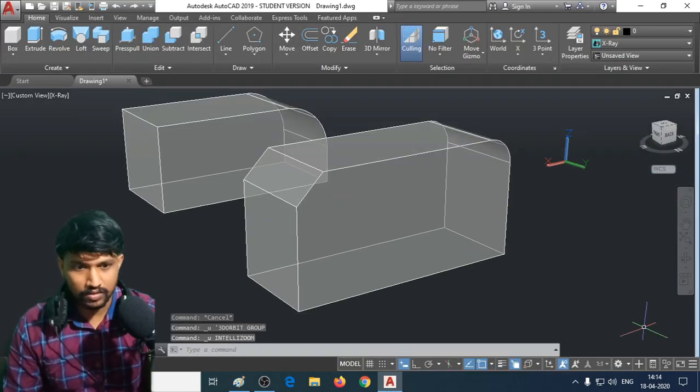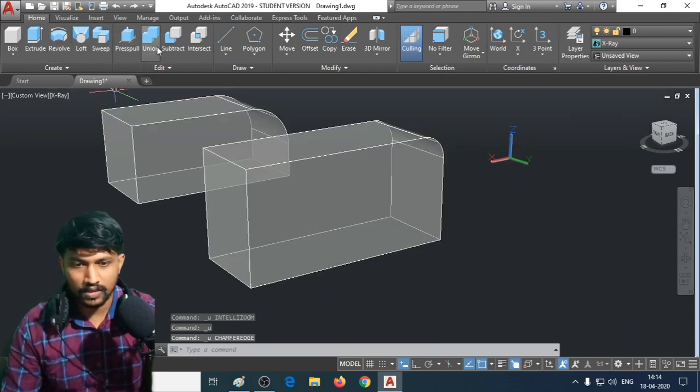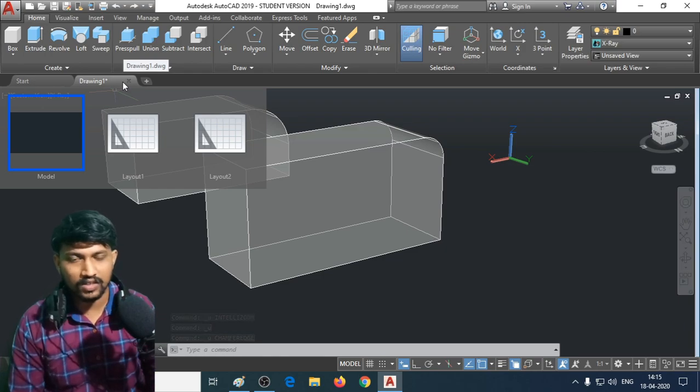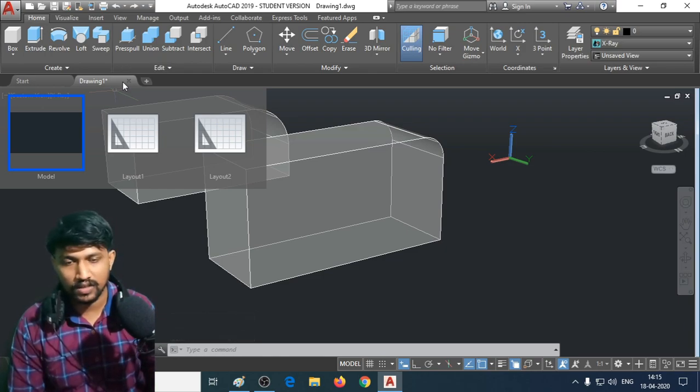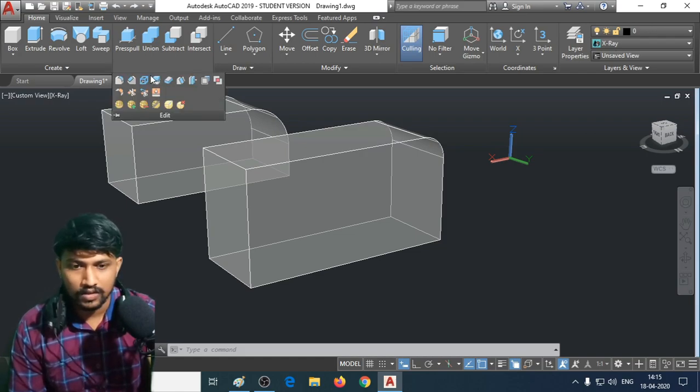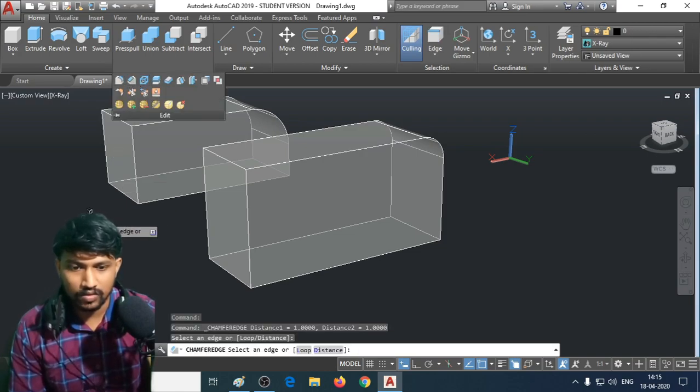I'm going to redo this again to explain how to do this one, because when you're trying to do it, if you don't get it, you will get frustrated. I don't want that to be happening. You will obviously start ending it by closing this AutoCAD. So that's why I'm repeating this one so deeply.